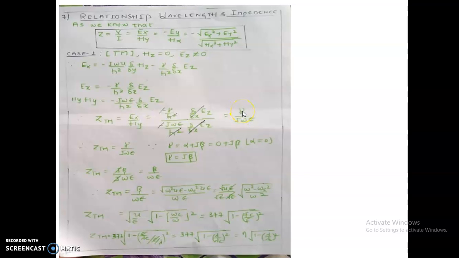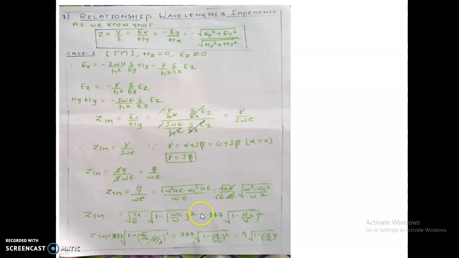Now you substitute gamma. What is gamma here? As you already discussed, gamma is nothing but alpha plus j beta. You take one more condition as alpha is 0. Now what is the gamma? j beta. You substitute gamma as j beta. j gets cancelled, beta by omega epsilon. So you know what is beta. You substitute again here beta. Again the similar things will get cancelled. Now what we have done here is that we are going to get a root of mu by epsilon as a common factor overall. So now you can solve this one as a mathematical concept.